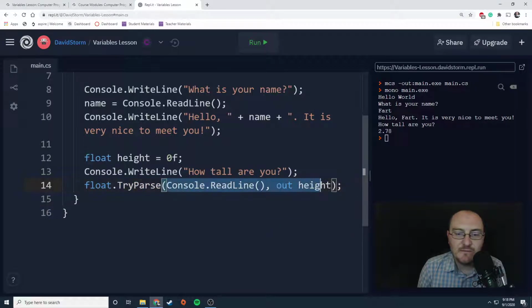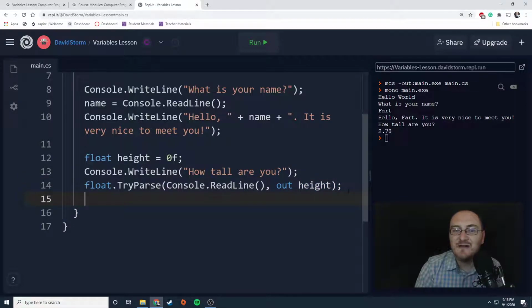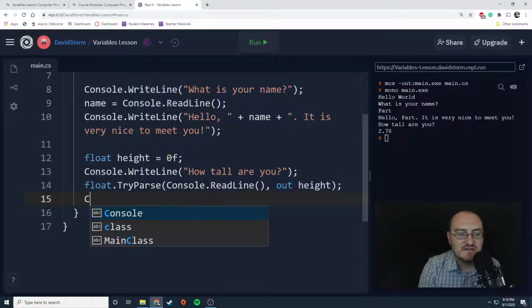And then inside the parentheses, we're going to have these two arguments. The first argument is, what data are we going to try to parse? For our program, the data was Console.ReadLine, meaning whatever the user typed into the screen. And then the next argument is, where is it going to go? What variable are we going to put that into? So it's this out keyword, and the variable was the height variable. And so once we have collected that information,